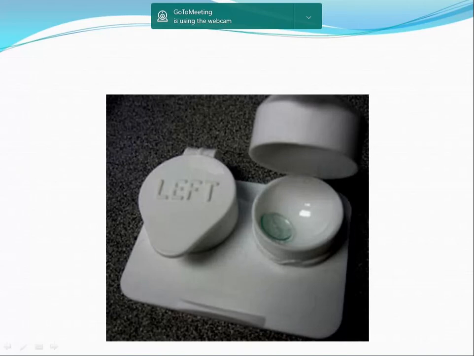Anything else? All other questions, people have written it